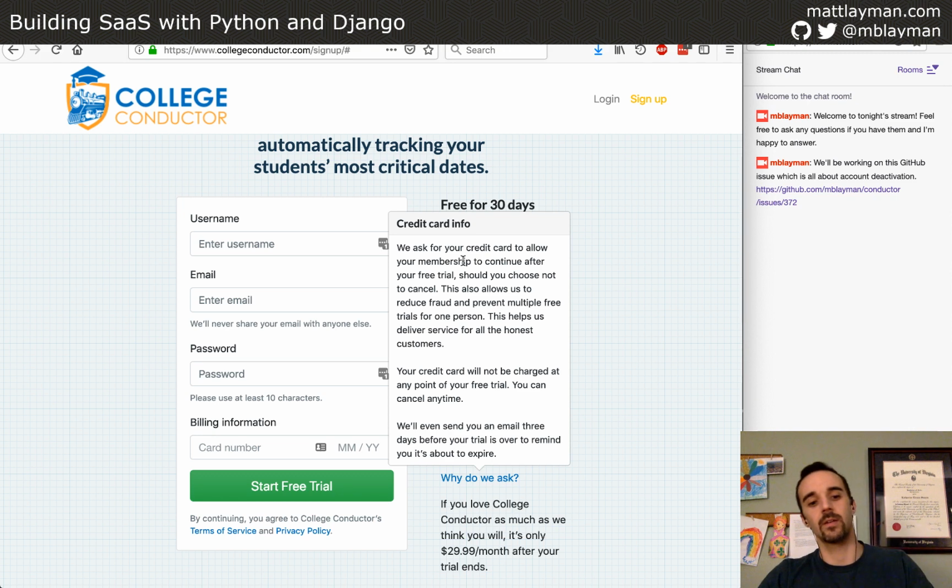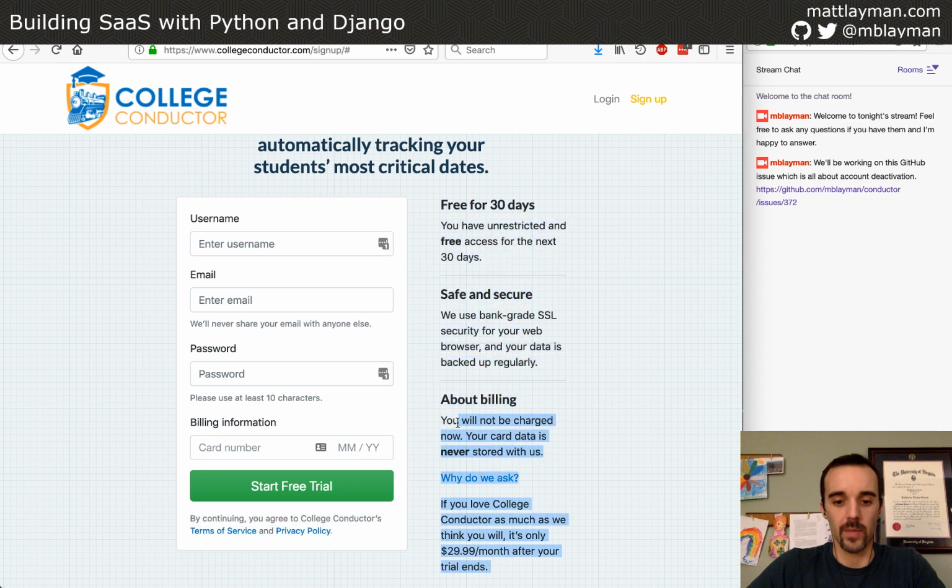And by having that bit of hurdle, it does reduce dramatically the number of people who come in to do a trial. And I'm okay with that, because the point is to get people who are qualified enough to say, I'm willing to try this and put a credit card down, knowing that I have a month to try it out and cancel. An important aspect of that, though, is telling people